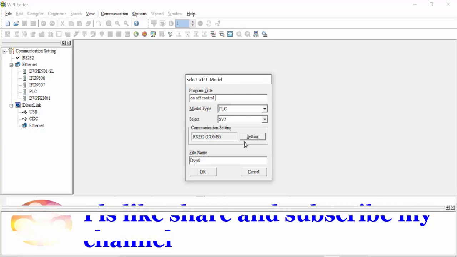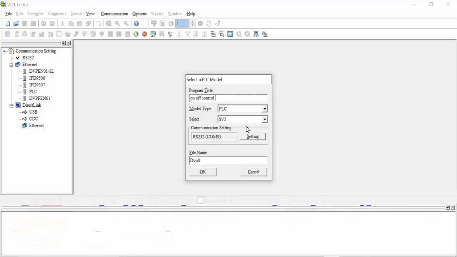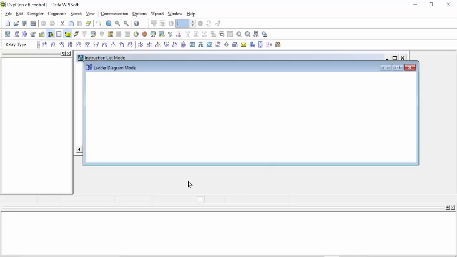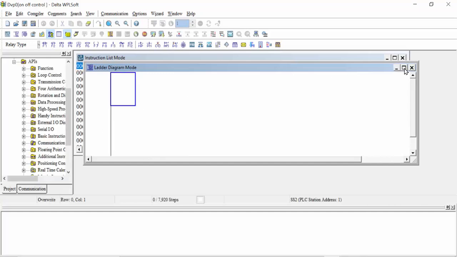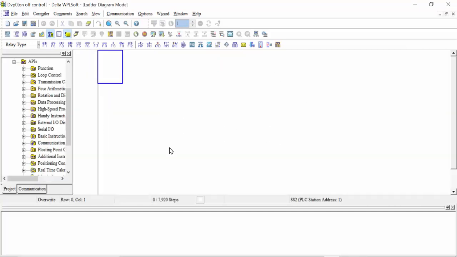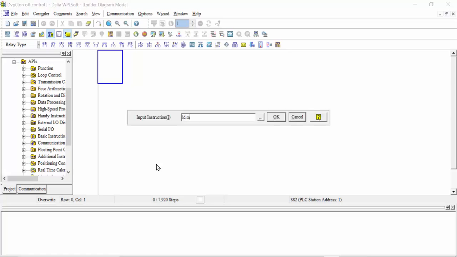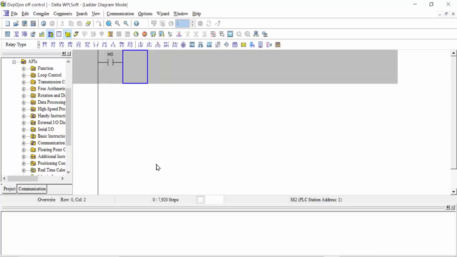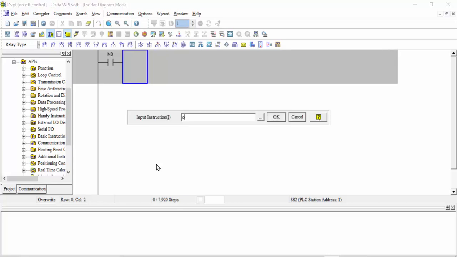On-off control, just type, and which model you have you can select. I have SS2, I will select the SS2. Then this window will appear. After that you can start with any input, for example internal memory bit, I will choose LD M0 and click enter. And next we will write Y0 out, just type OUT Y0